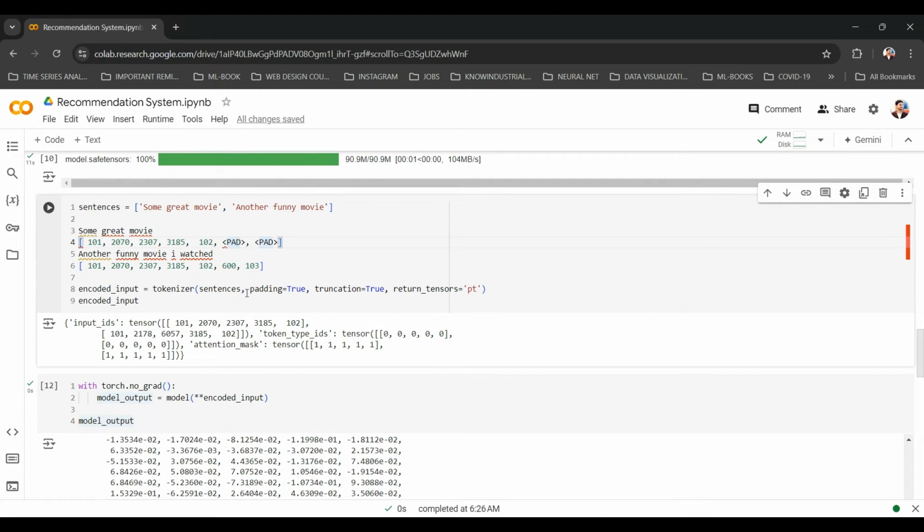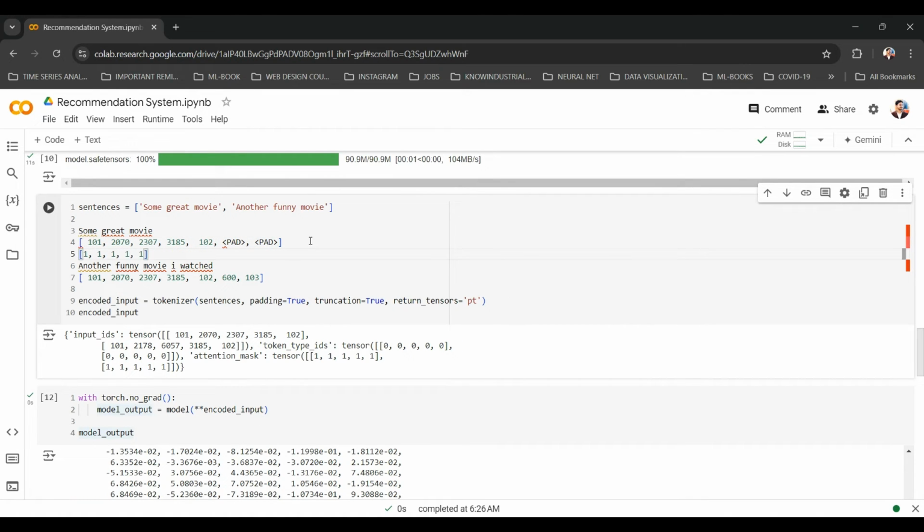So in that case we will get an id for each of these tokens, and an attention mask, it is called the attention mask. If the attention mask has all ones, it means that all of them are valid tokens. In this case our attention mask will look like 5 ones and then 2 zeros.